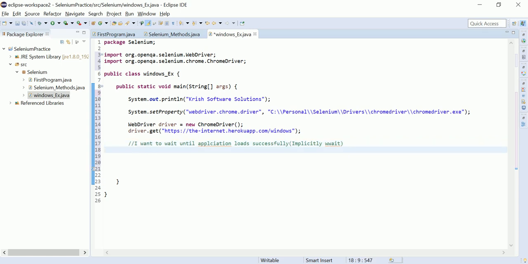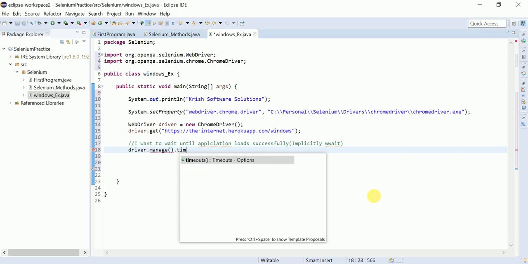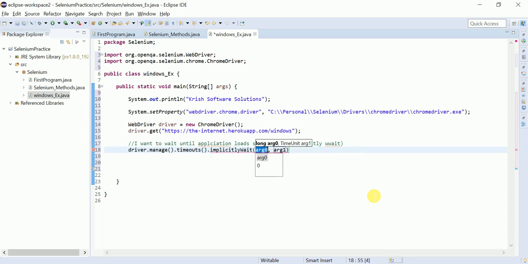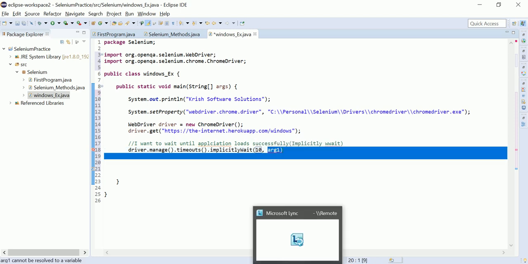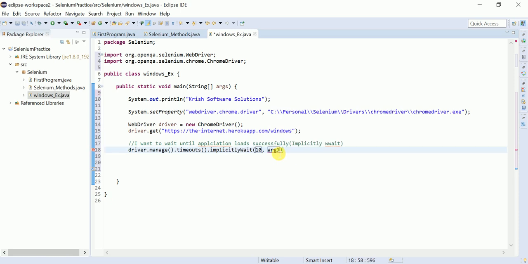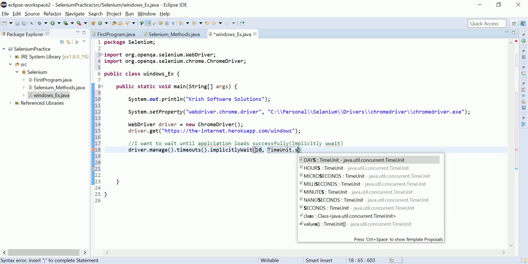See here how we can write: driver dot manage dot timeouts dot implicitlyWait. I am giving just 10 seconds, and TimeUnit dot SECONDS.